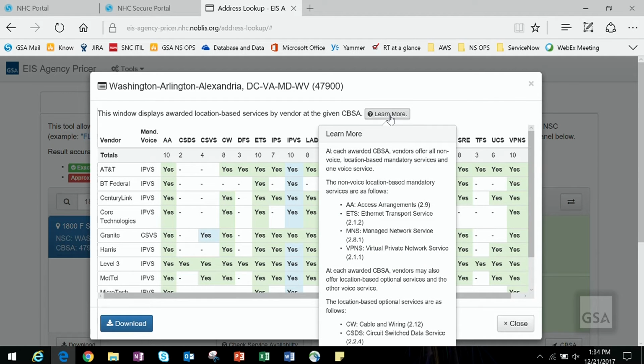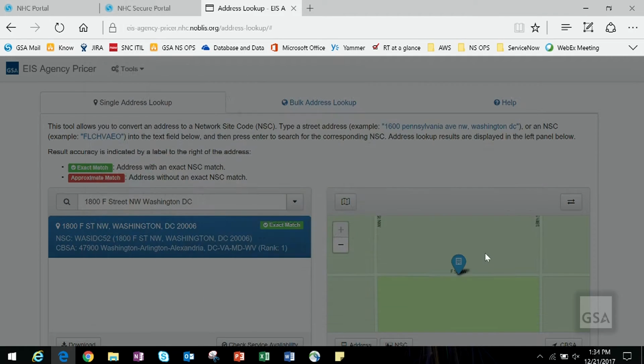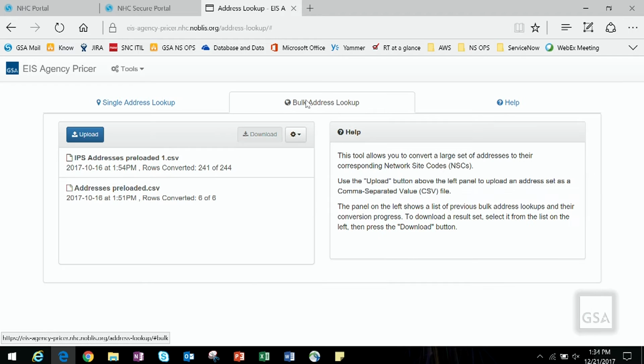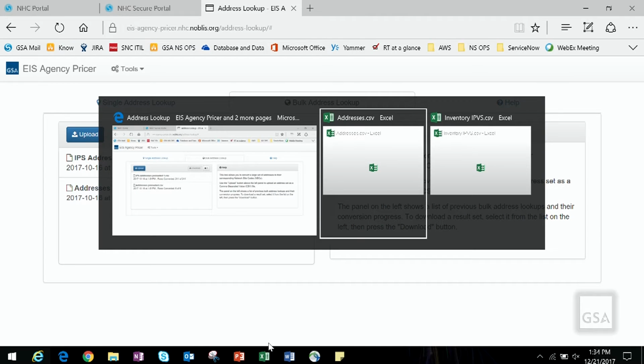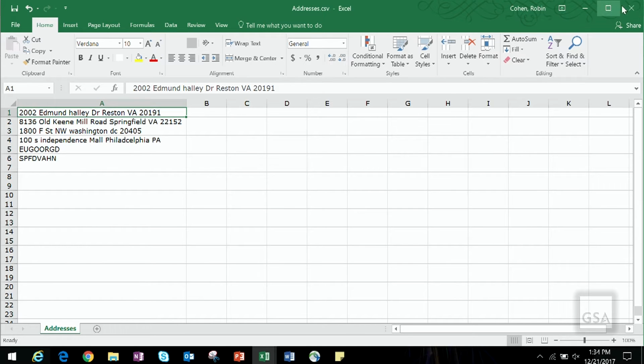To convert a large set of addresses to their corresponding network site code, click on the Bulk Address Lookup tab. This is one of the tools that is only in the agency pricer, not the public pricer. The list of addresses must be in CSV file format. The addresses must only be in the first column and do not include a header row. Once the file is ready,